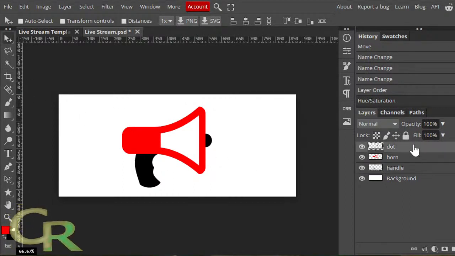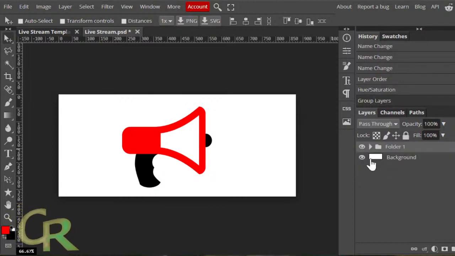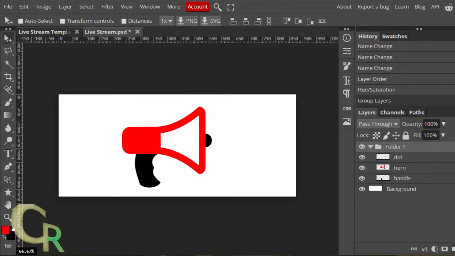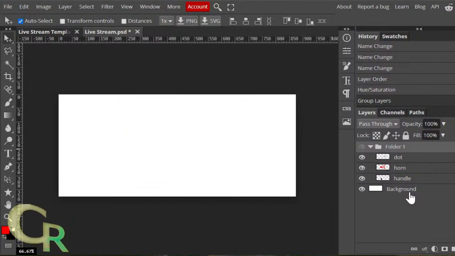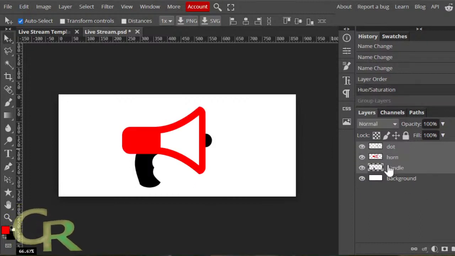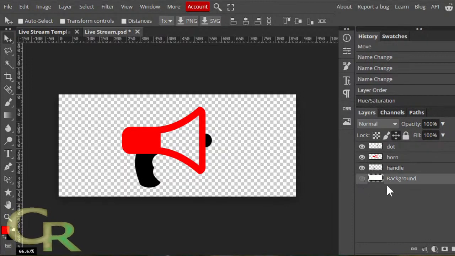Well, I'm not putting them all in. It should be able to make a folder. See, I actually selected them all and hit new folder. So I'll do that again. Select that background, unselect it.